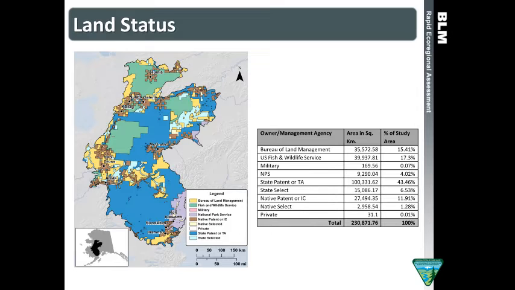Well, since we're talking about this map, I don't think the numbers in the table are actually correct, the square kilometers. They're not correct? Yeah, I don't think so, because I don't think the military has 116,000 square kilometers. That surprised me too, because I couldn't find those colors. But that's what comes up in calculations in GIS, but I'll double check. Those are different numbers, we need to double check. And I don't think the native select is that big either. There's not that much left still to be selected. The native corporations are not that over selected, is what I'm saying. The state is very over selected, but the native corporations are not.